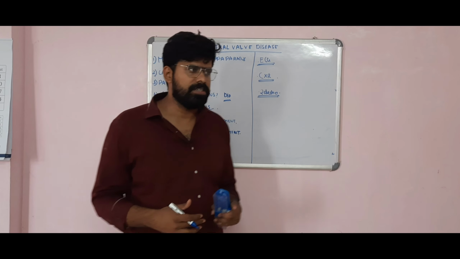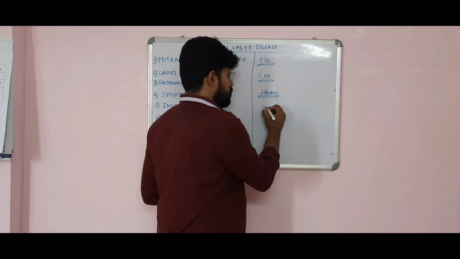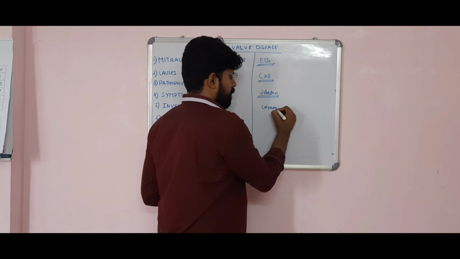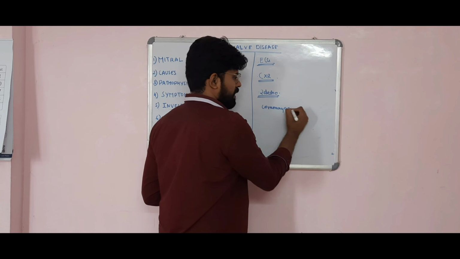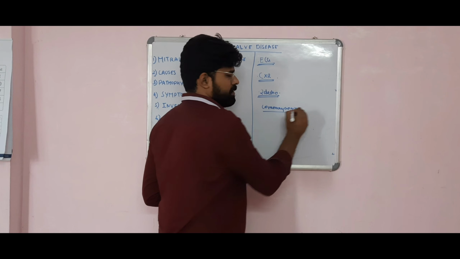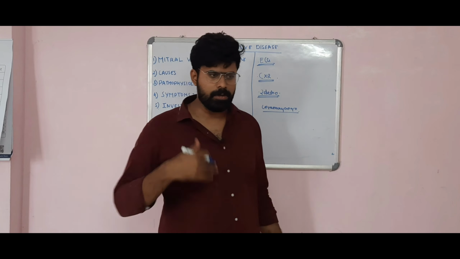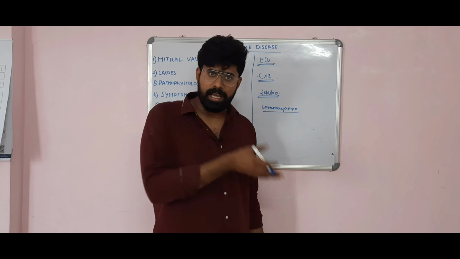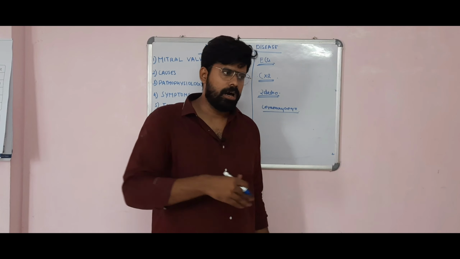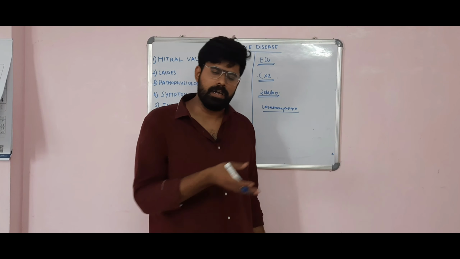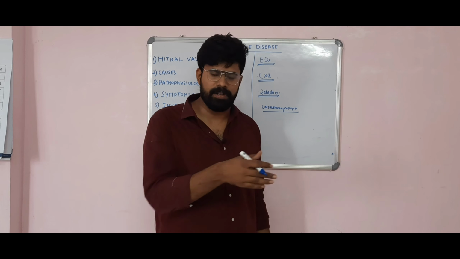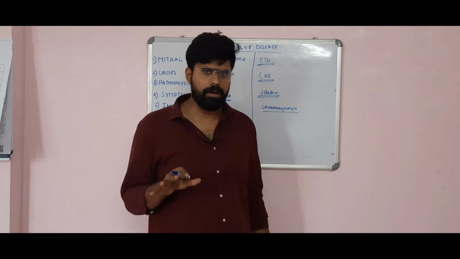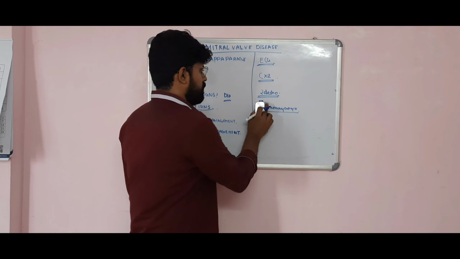The other investigations include cardiac coronary angiography. If it's a high risk patient, or if there is doubtful evidence of an ACS, if there is high probability for ACS, you can do an angiography to identify any block. Or if it's a low risk patient, you can do a CT coronary angiography to identify any presence of obstructive coronary artery disease. So this is how we investigate.